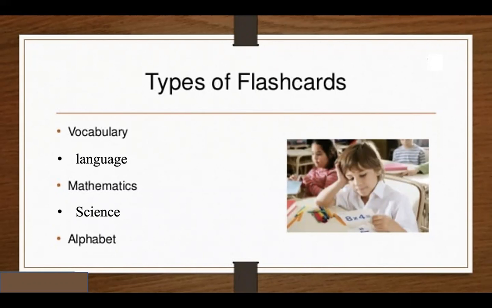That is, for example, in the evening before going to bed, I just open the flashcard section that gives me all the words that I looked up the whole day. So that's how I do a repetition. So vocabulary and learning new languages, or mathematics, all the formulas, science, physics, chemistry, botany, zoology, whatever.